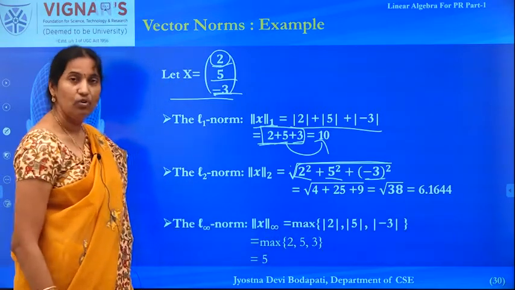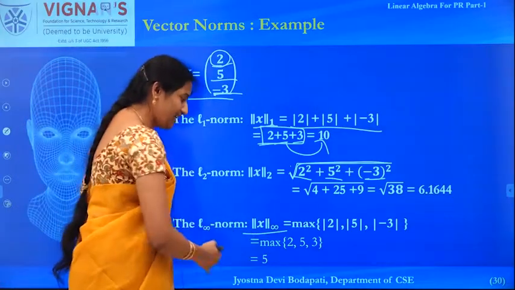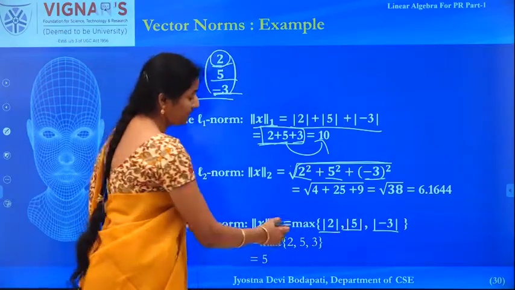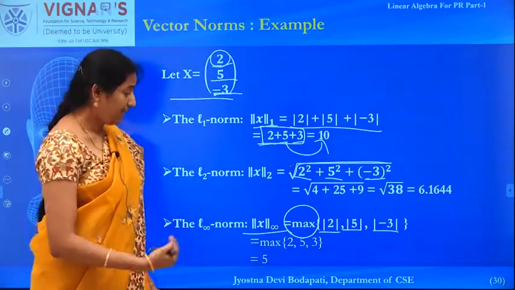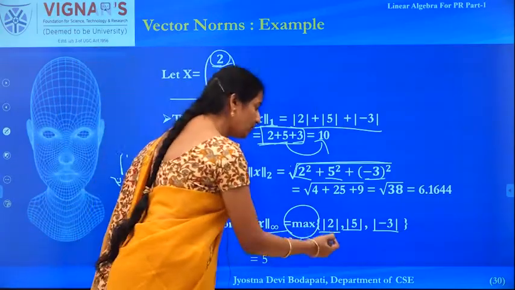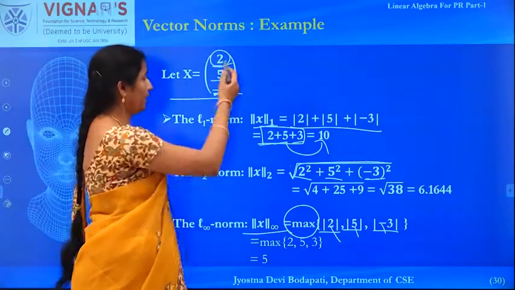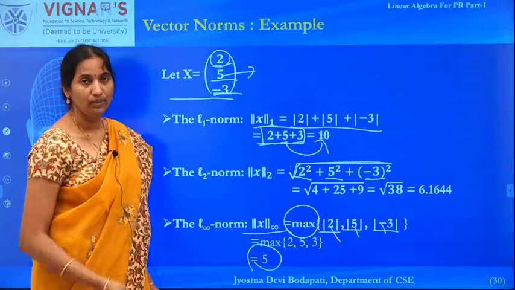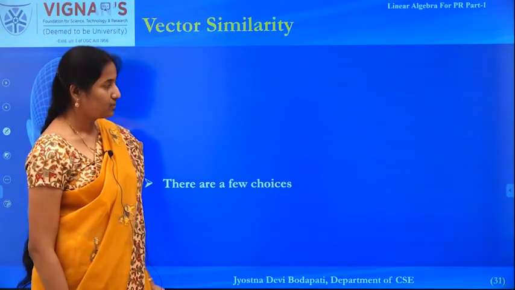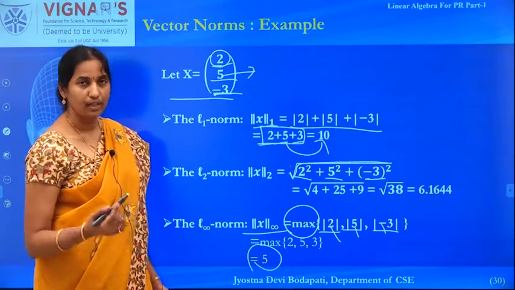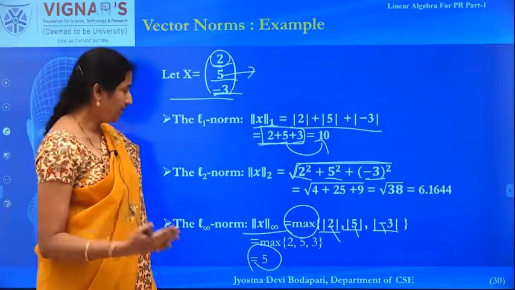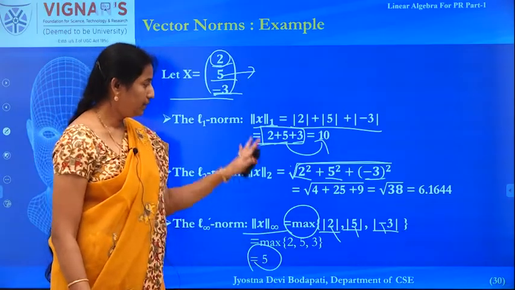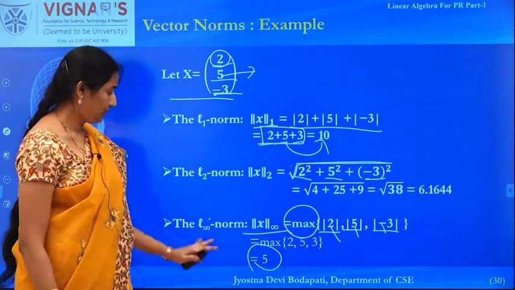And now, let us see what the L infinity norm is. The L infinity norm is very easy actually. You take the absolute value of every element and among those elements, whichever is maximum gives me the L infinity norm. If I ignore the sign of these elements 2, 5 and minus 3, the maximum value is 5. So 5 is the L infinity norm for this vector x. That is how I can compute the L1 norm, L2 norm, L infinity norm. Remember, you can even extend this p value to L3, L4 and so on, but the more important norms are the L1, L2 and L infinity norms.